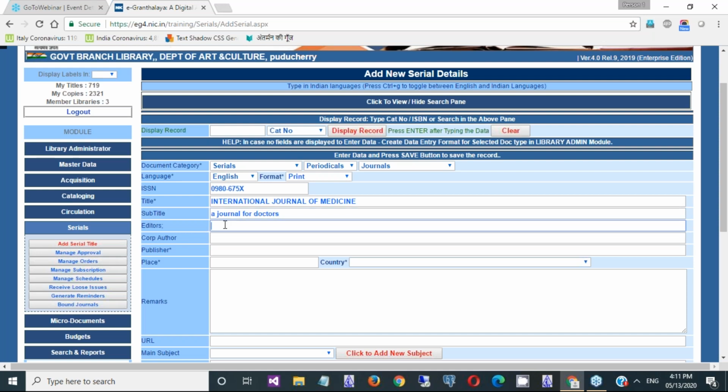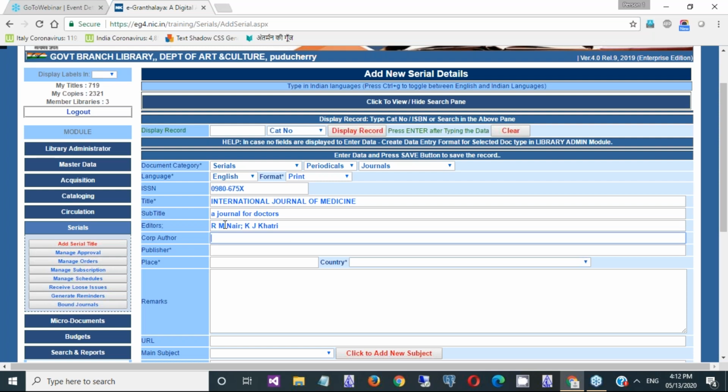Okay, then editors, put the name of the editors whatever is printed on the journal. If more than two editors, put semicolon and space. Okay. The next field, corporate author.